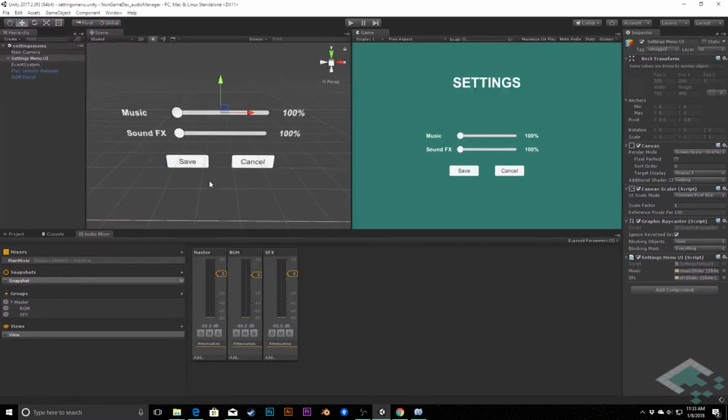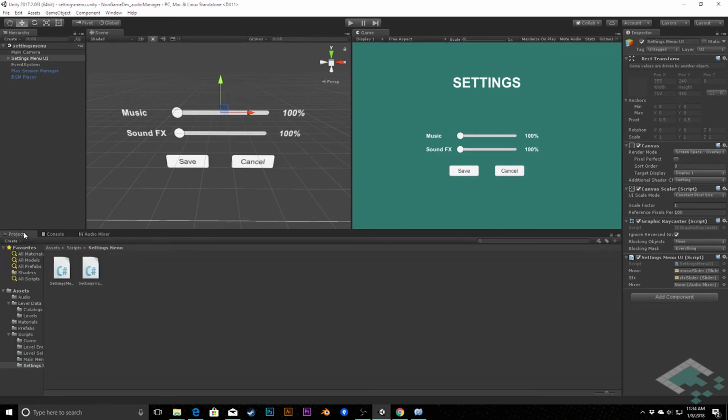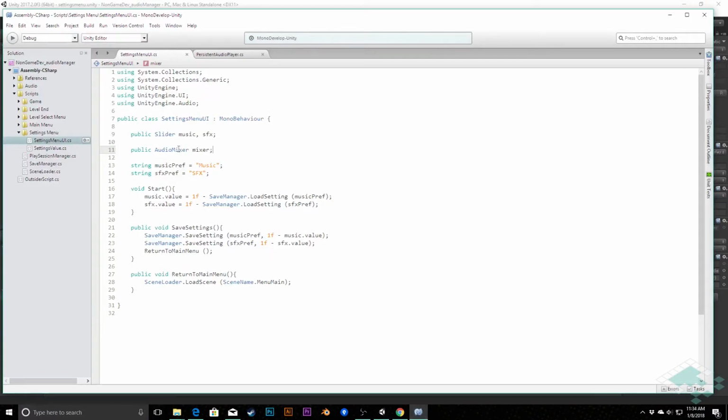Before I go any further, I am going to jump back to Unity and make sure that I add that mixer here. So you can either drag it from the audio mixer window, you can drag this here into there, or actually you cannot. Interesting. You do have to do it from your project, sorry. So I'm going to go into the audio folder, grab the asset itself, and then drop it in there, and that appears. Save that. Jump back over to Unity. Now that we know that's assigned and we're not going to get an error for forgetting to do that, what we can do is